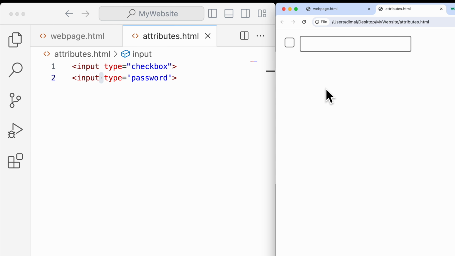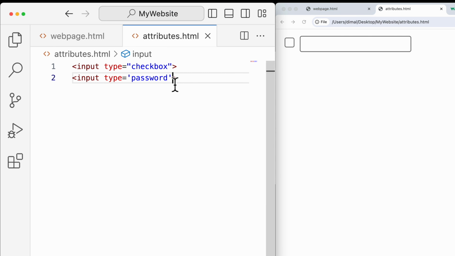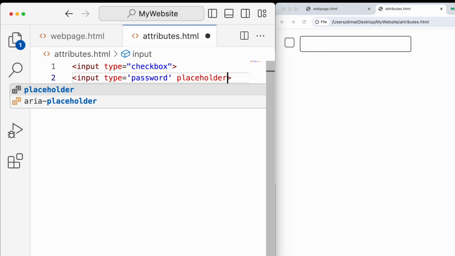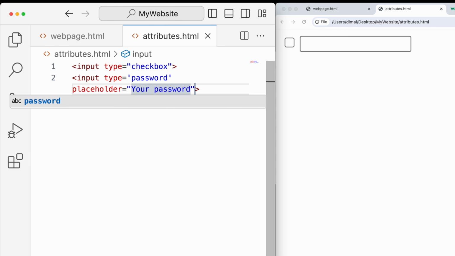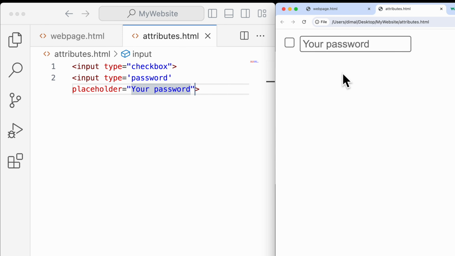Next, we will learn another useful attribute we can add to our inputs. So to use that attribute, let's put the cursor here. And remember, we need to have at least one space before every attribute. So let's add space. Then goes the attribute name. We will write placeholder. And then equals. VS Code adds a pair of double quotes automatically for us. Then as a value here, we will write your password. Save, reload, and now inside this input, we have the text that we used as a value for the placeholder